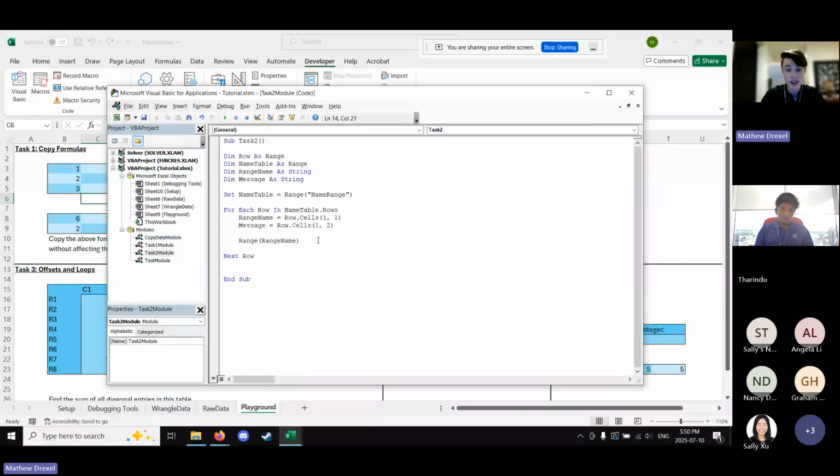Actually, we don't even need to go dot. And we're going to set it equal to message. We can also put dot value equals message. Either way, it's the exact same thing. Basically, we just want to put the message in that range. Okay. And then